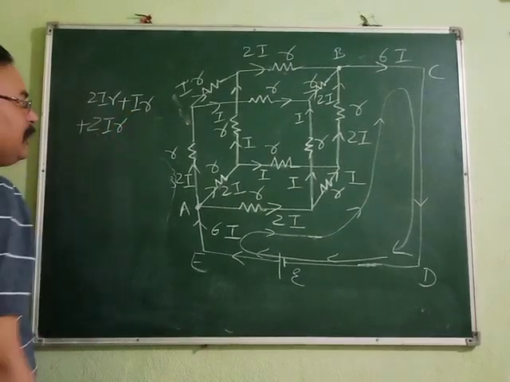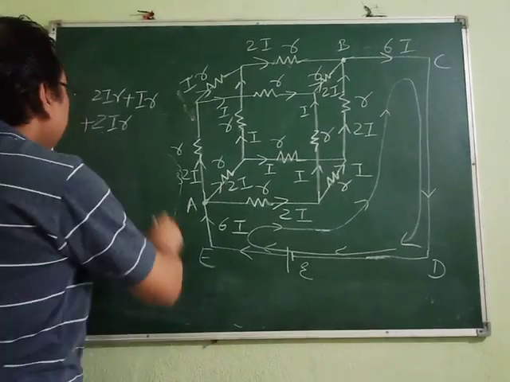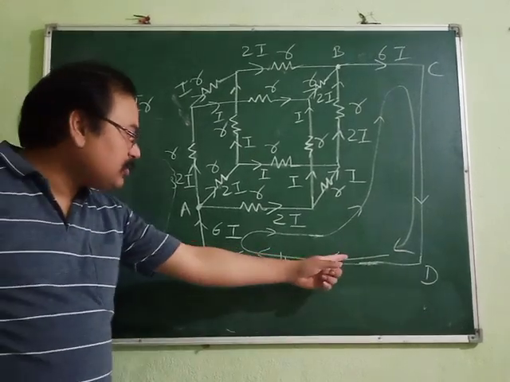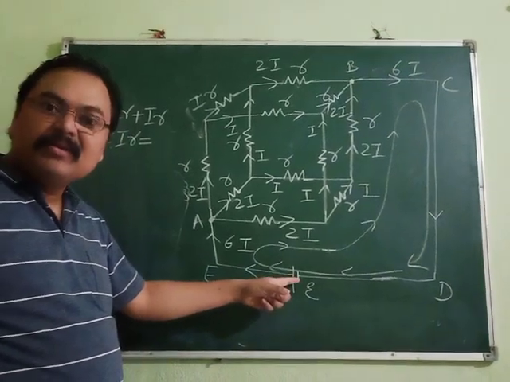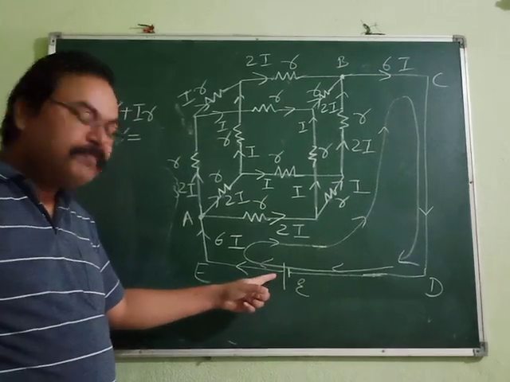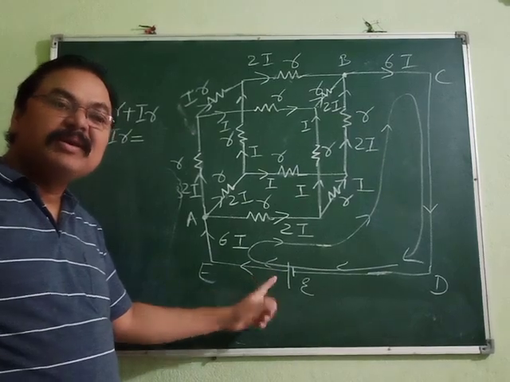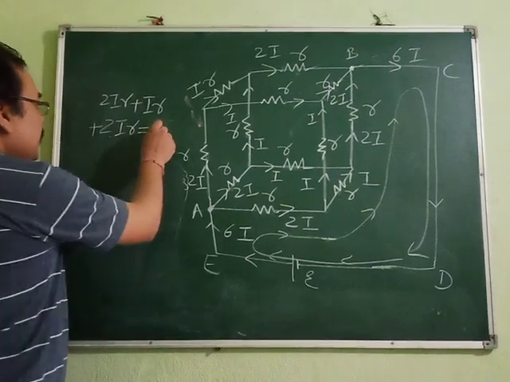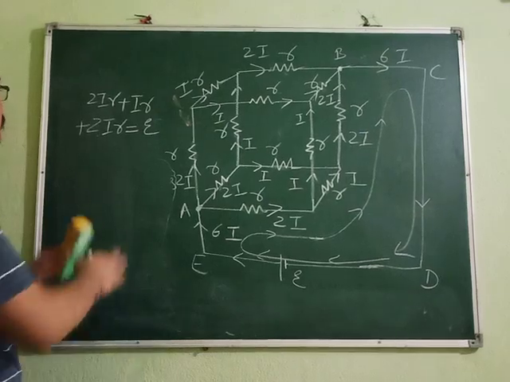If we move ahead, is there any more resistor in this circuit? Not at all. So we will write equal to. Now it is the turn for EMF. While crossing this cell or battery, first we encounter the negative terminal, the smaller one, and then we encounter the positive terminal, the bigger one. Then according to sign convention, the EMF is taken as positive. Clear? Now once we have taken EMF positive, we have got this equation.